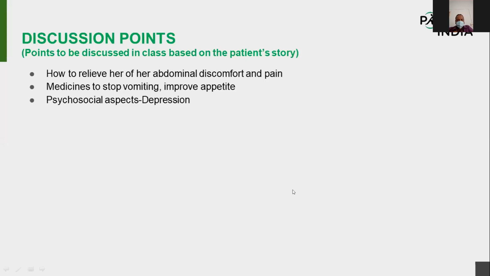Sir, can you talk about this patient? What are the features of depression? She was all the time looking worried and thinking about her son. When the counselor talked to her, she started crying. And she said that she is more worried about her son's marriage. He should get married before I die. So that was the depression she was having.